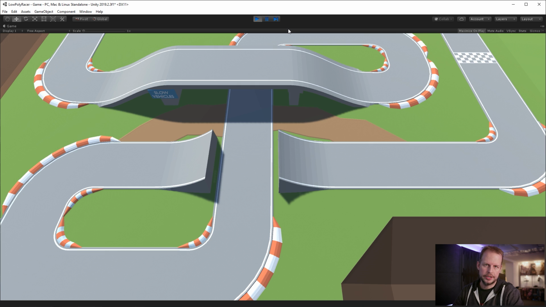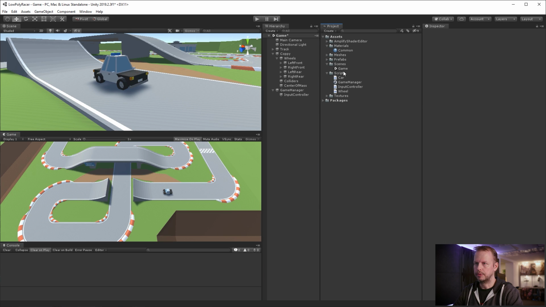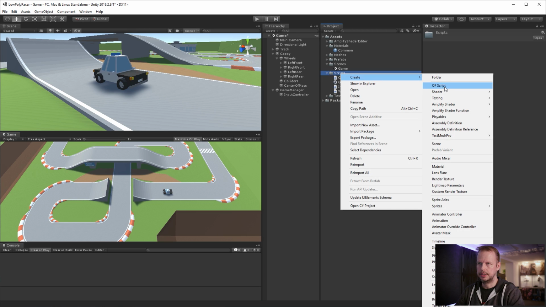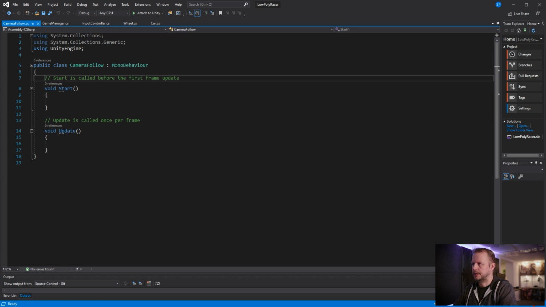Okay, the car drives out of view now, so let's create a simple camera script now as well, so we can follow along with the car. So let's right click here in the scripts folder, do create C# script. Call this one camera follow, and here we'll just set